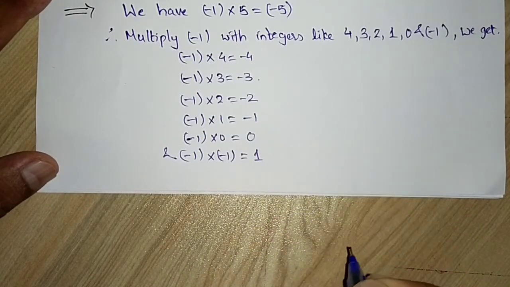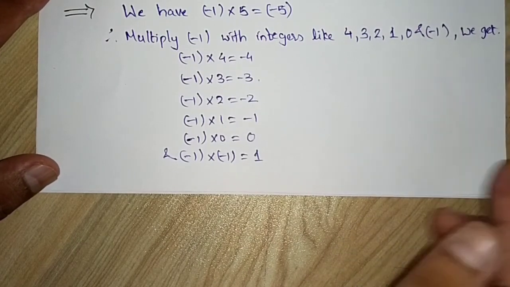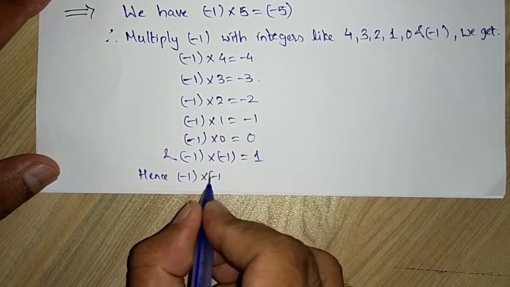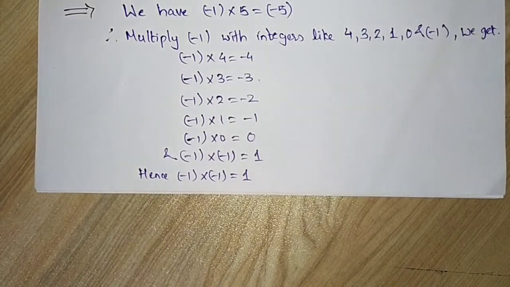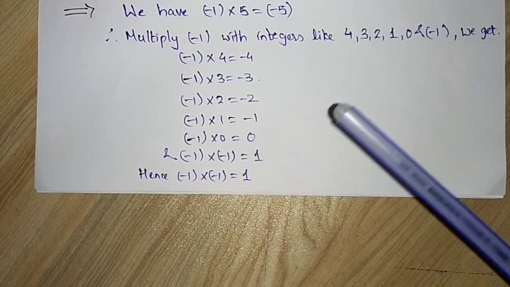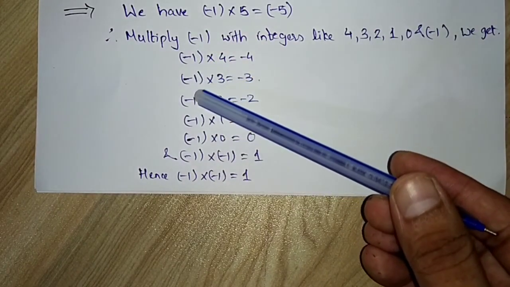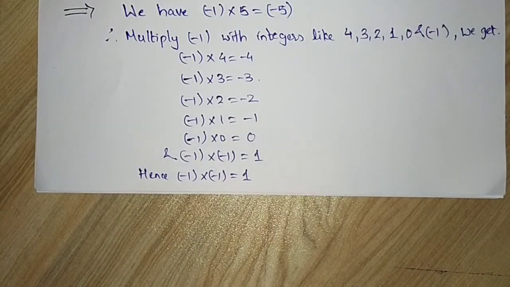So we reach our answer. That is all they want us to do. Hence minus 1 into minus 1 is equal to 1, and this is your answer, students. They told us to go in the same pattern, so we have taken the same pattern, minus 1 minus 1 minus 1, and here we have been reducing from 5 to minus 1 till we reach minus 1 into minus 1 is equal to 1. Hope you understand this question